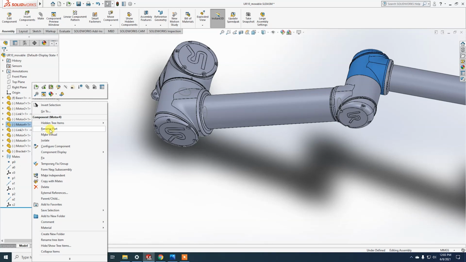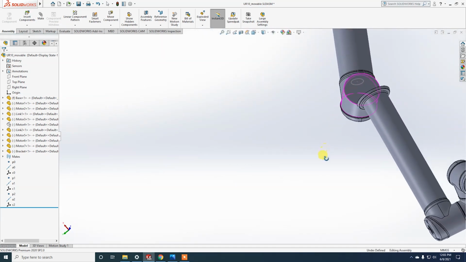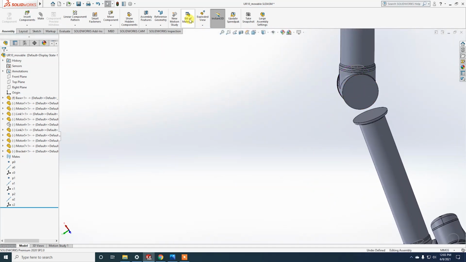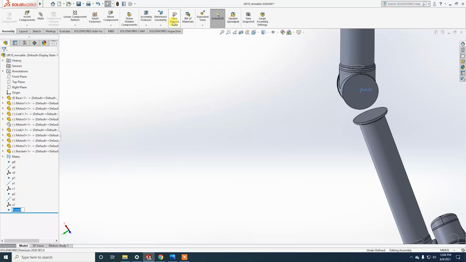Okay, yes, let's hide this one and put the coordinates here. Again, the procedure is the same. Center of face, okay, and let's make this point